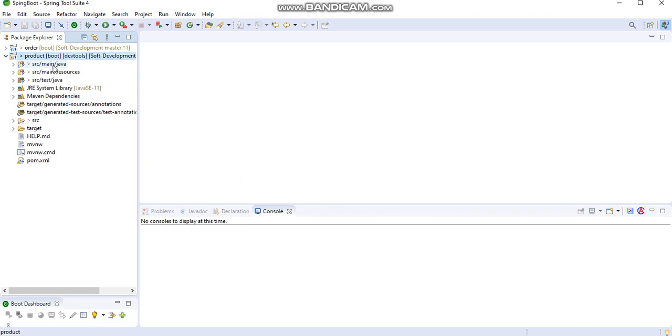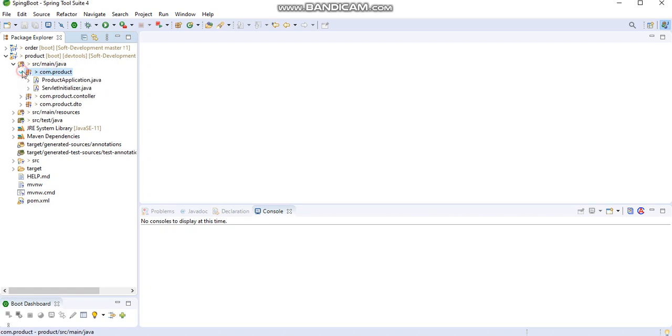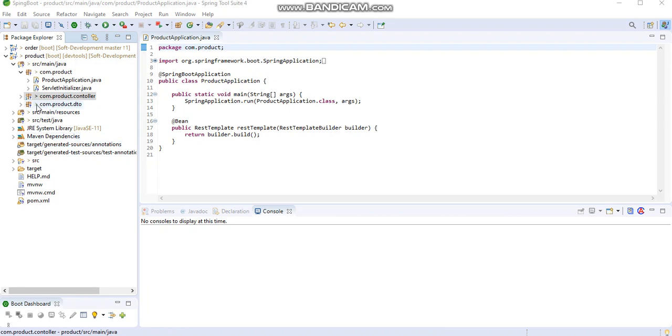So simply, this is a basic package structure. This is for Java classes. This is for resources like the .properties file, XML file, etc. And this is for our unit test cases. In that I also provided the basic package structure. This is the main package, and here we have the application starting point where we define the main method. This is our controller class, and this is the DTO class. You can also add many more packages as per your requirement, like repository, helper or others.